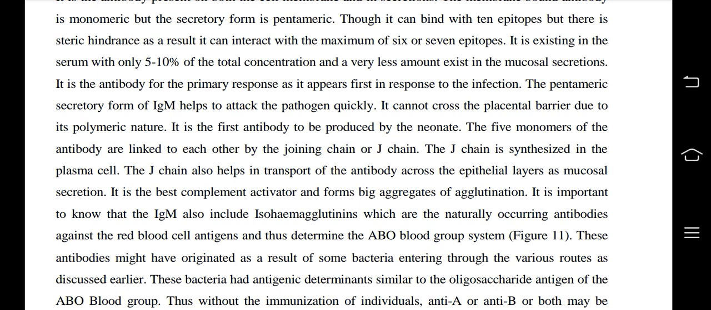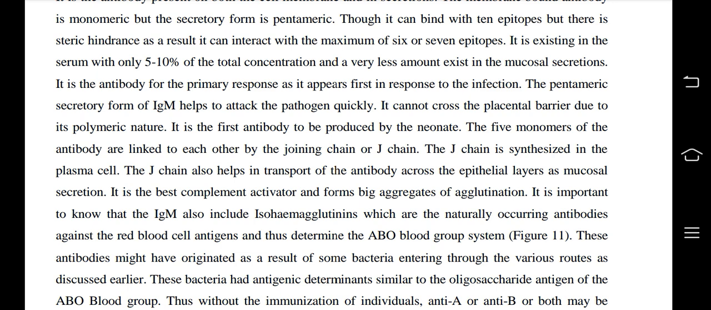monomers of the antibody linked to each other by the joining chain or J chain. The J chain is synthesized in the plasma cell. The J chain also helps in transport of the antibody across the epithelial layers as mucosal secretion. IgM is the best complement activator and forms big aggregates of agglutination. It is important to know that IgM also includes